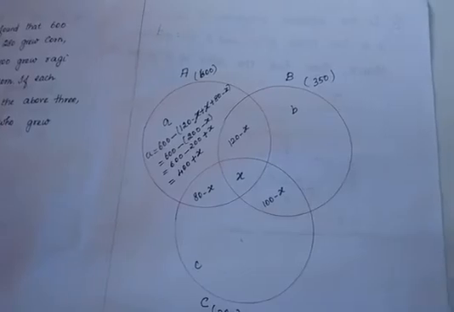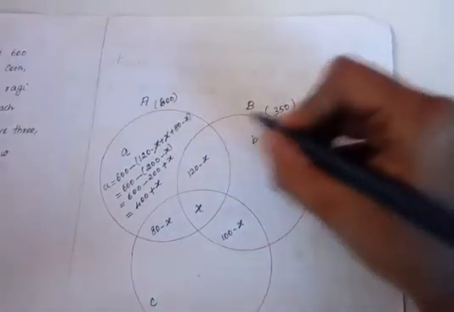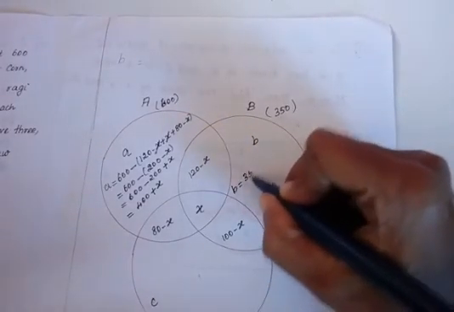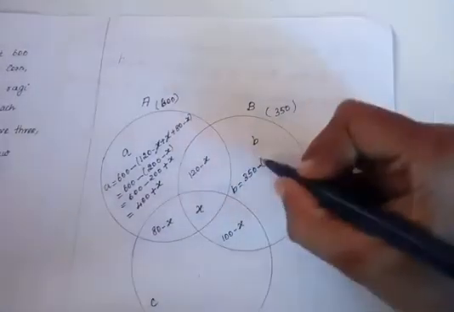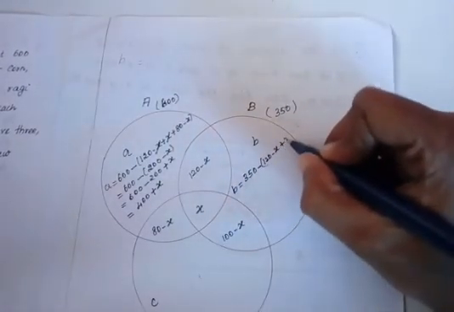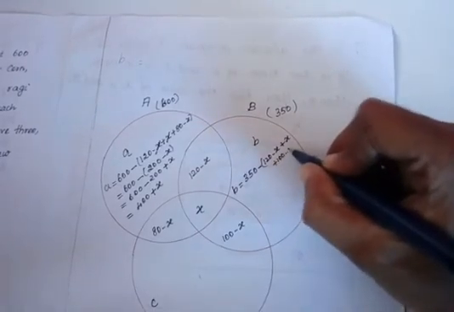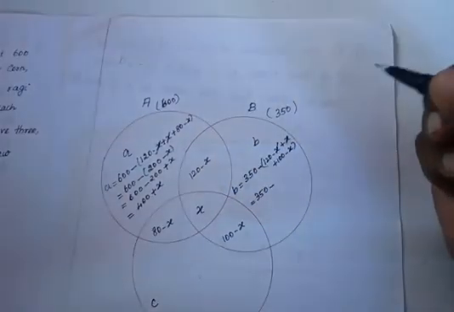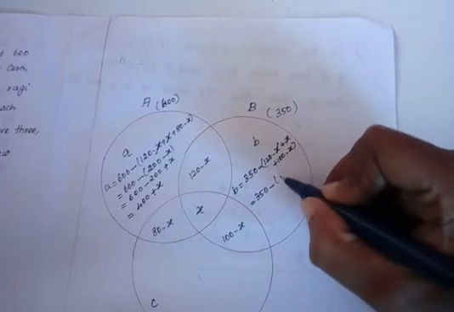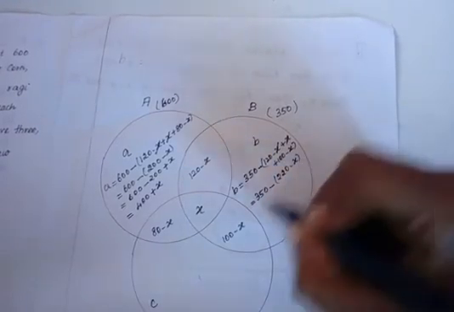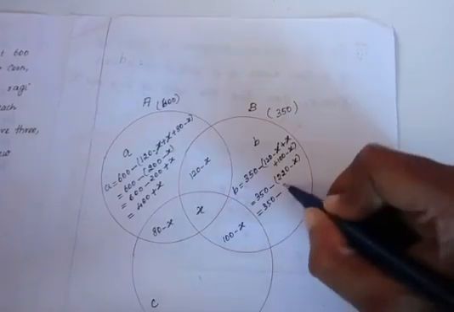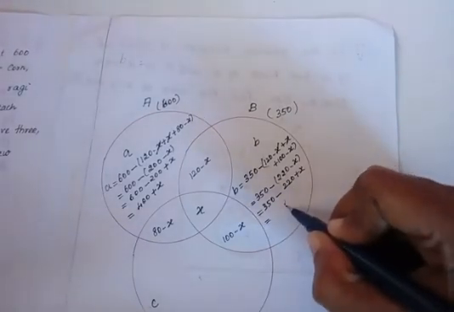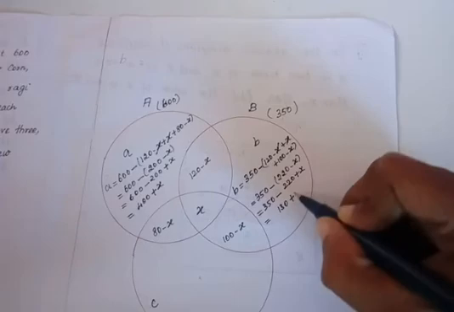This is a value. And small b is, totally we have B set as 350. So b is equal to 350 minus, we add (120 − x) + x + (100 − x), equal to 350 minus, x and +x cancel. Then 120 plus 100, 220 minus x, equal to 350 − 220 + x. 350 minus 220 is 130, plus x.